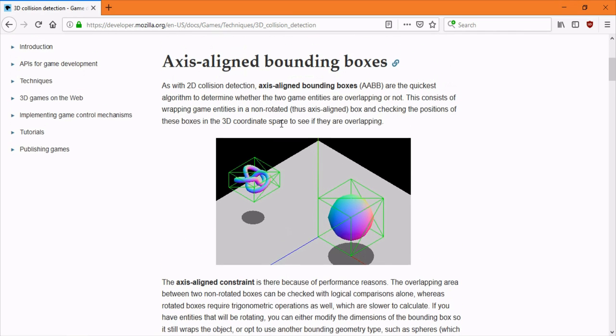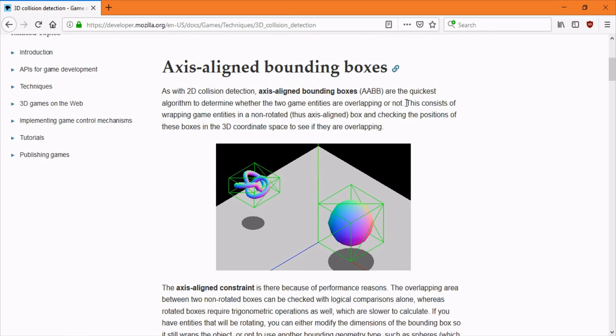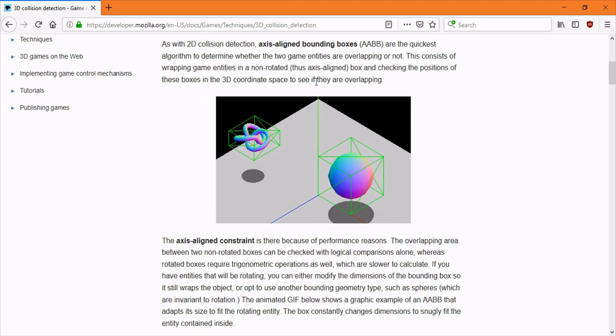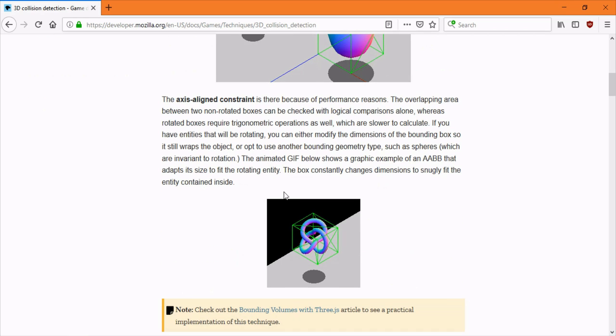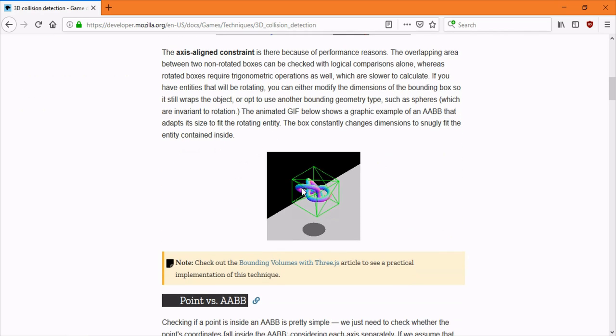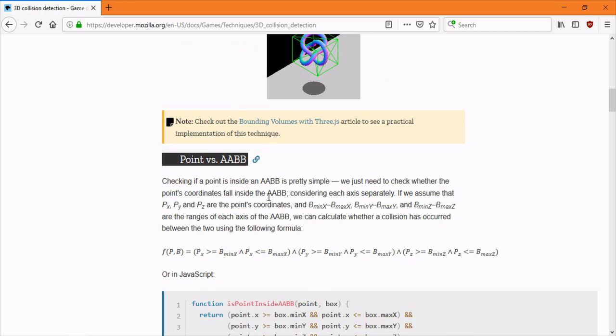So we just want something quick to get us going. As I said, it's the quickest algorithm, and basically the downside is that it's a non-rotated box. So if you had, let's say, a rectangle, and you rotated the rectangle, the box would still be straight up. So it might not be the most efficient if you need really precise physics, but for what we need,